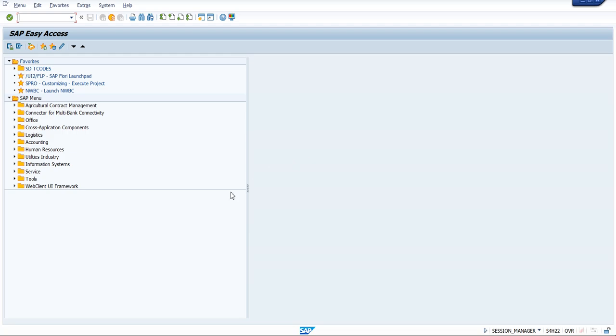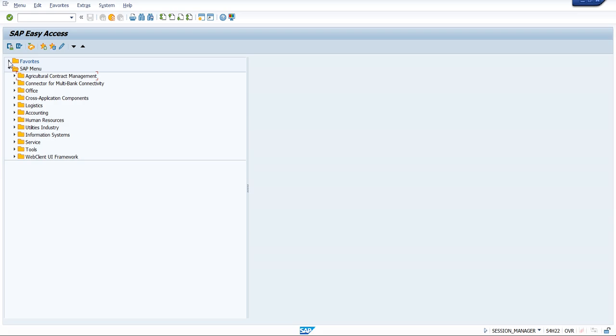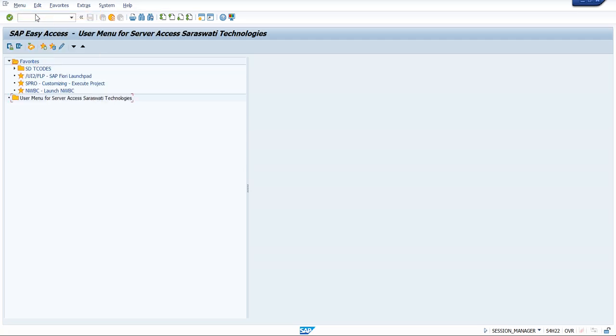For example, here if I go for this particular option, you can change the menu. You can see now it is in the menu option. If you want to change the menu also, there are different menus available. This is the user menu, this is the SAP menu, like that you have the options over here. Now there is an SAP menu available here. If you want to change it to the user menu, click on that. So this is a user menu,